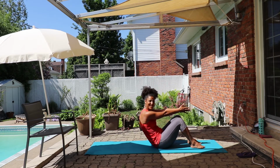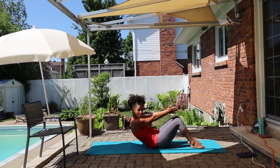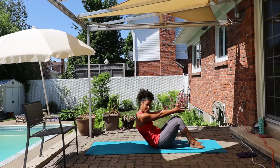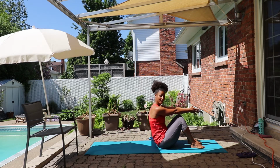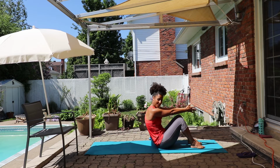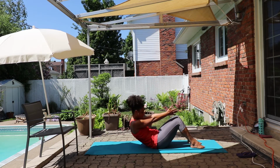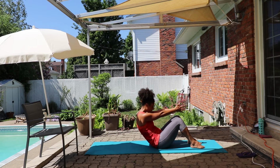Now you can do this sitting in a chair. If you find that sitting on the floor in this position is too much, please sit in a chair on the front edge of your chair and roll your back backwards towards the backrest of the chair to roll forward and up again. So join us for 5 more in a chair or on the floor, coming forward,